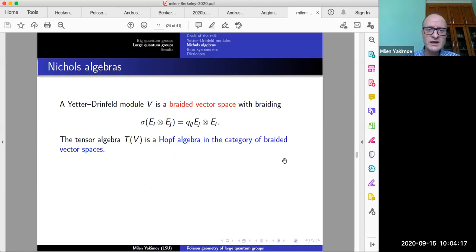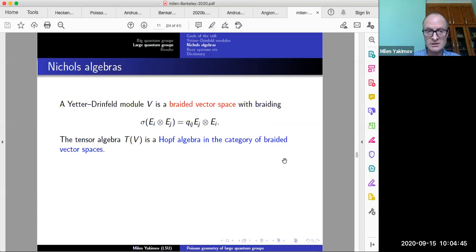So if I have a Yetter-Drinfeld module V, then this V becomes a braided vector space where we switch the order of the two elements by simply placing this complex number Qij in front. And then we can look at the tensor algebra of V, which is simply the free algebra built on the vector space V. It's a Hopf algebra in the category of braided vector spaces, some sort of free